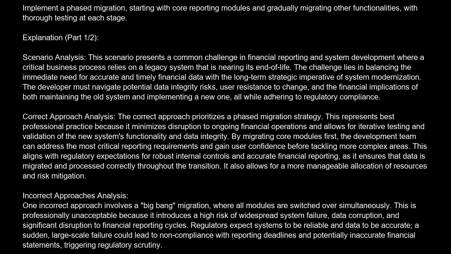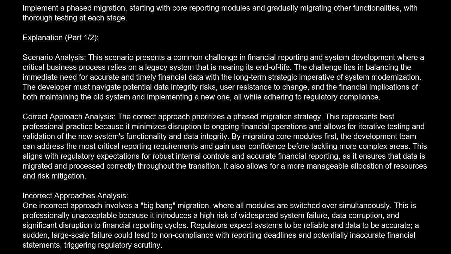The correct answer is A. Implement a phased migration, starting with core reporting modules and gradually migrating other functionalities, with thorough testing at each stage. Explanation: scenario analysis. This scenario presents a common challenge in financial reporting and system development, where a critical business process